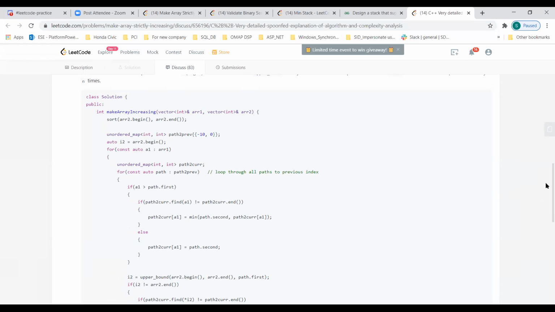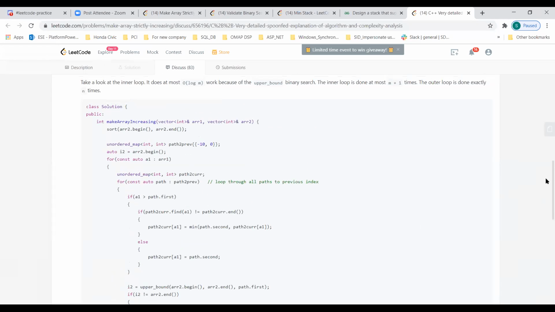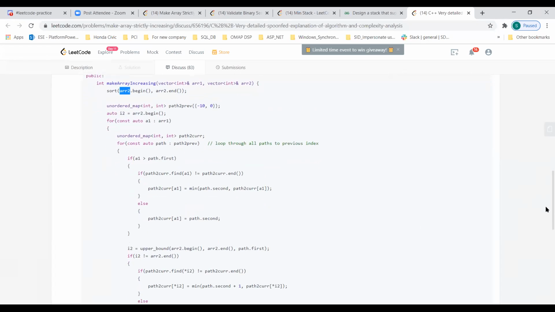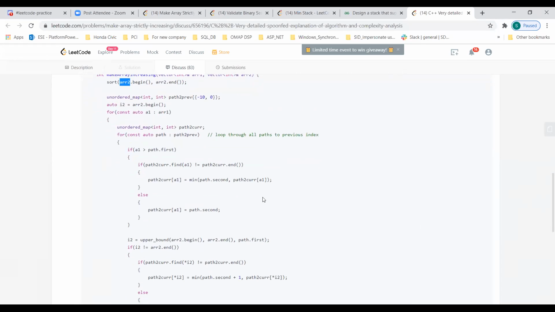Now your array 1 is not sorted, only you're sorting array 2 here. So you start with the first element of array 1. Then you look for whatever is the content from the path to prev. Initially it's going to be -10 here, so you compare the path's first element, that is -10, with A1.